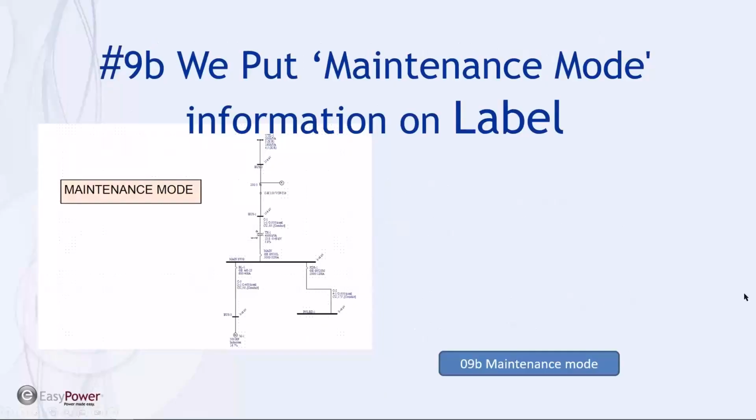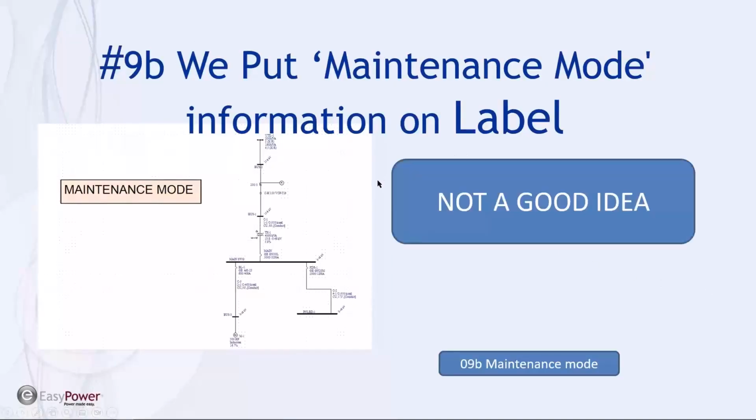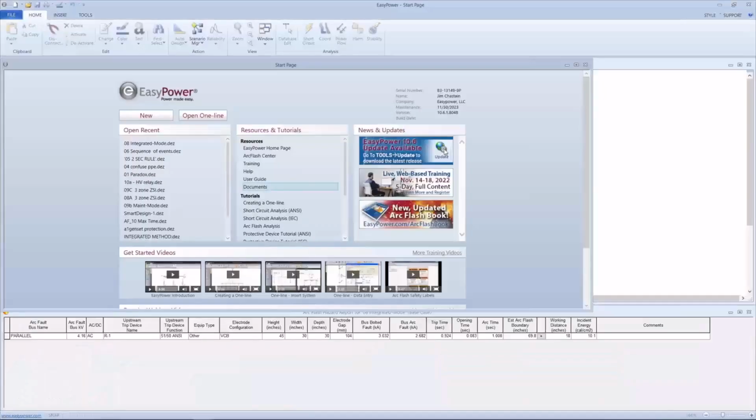Another label mistake was we put maintenance mode information on the label. This is not a good idea. This is one of those things that may at first glance make sense, but it doesn't, for a number of reasons. And let me just show you why. If we look at an example here of maintenance mode